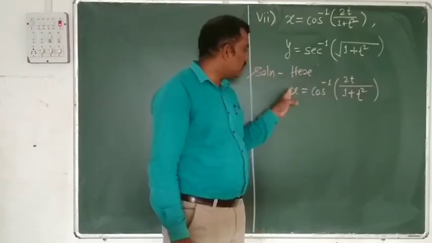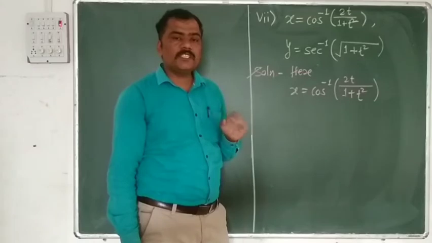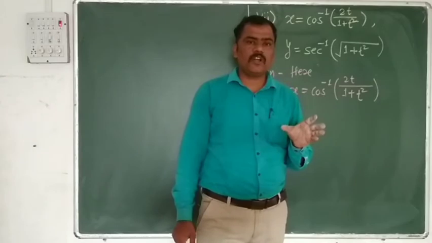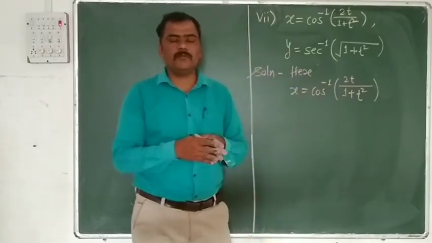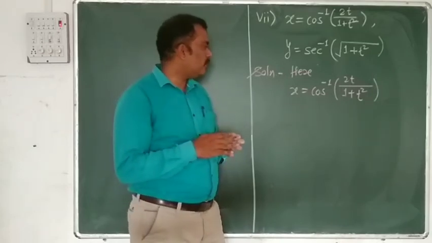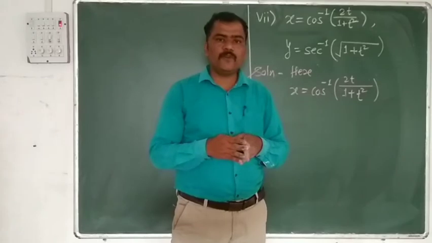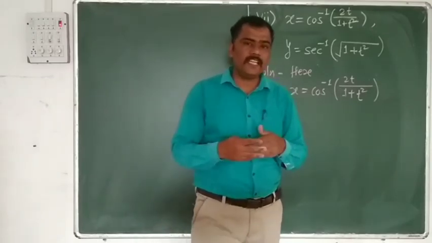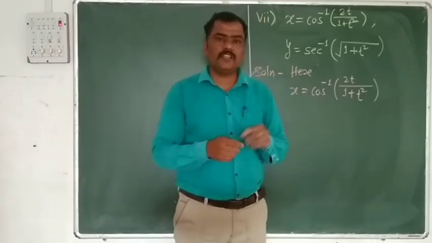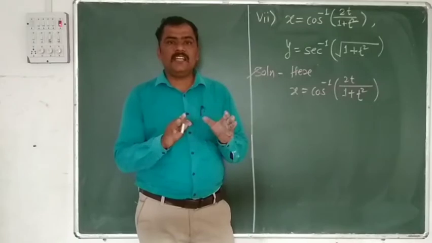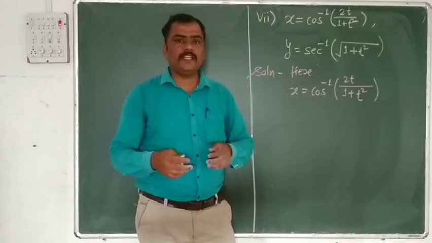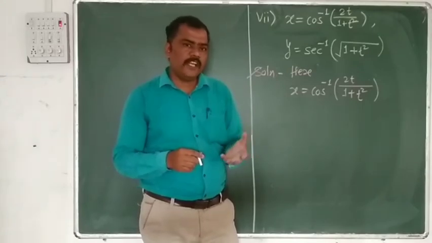Here t is a parameter, so first of all we have to differentiate this with respect to t. Before that, in the derivatives of inverse trigonometric functions, we have already discussed examples related to this type of problem, how to solve the derivatives of the inverse function. Okay, first of all we have to simplify this, so we have to substitute for t is equal to. Now we have to identify what the substitution is. In the derivatives of inverse trigonometric functions, we discussed some standard substitutions, and I will tell you how to identify those substitutions.